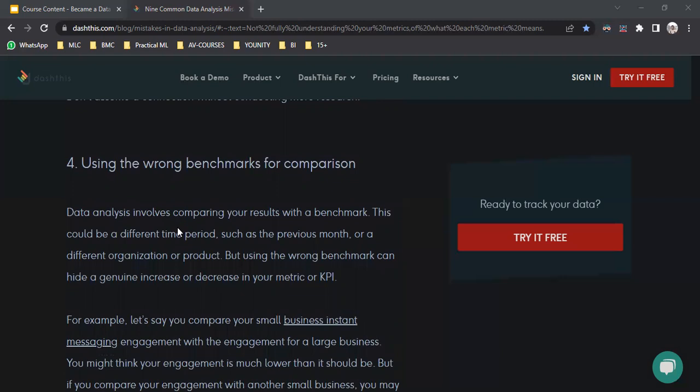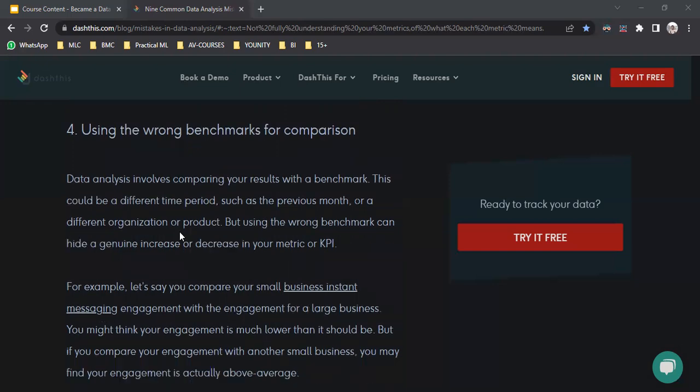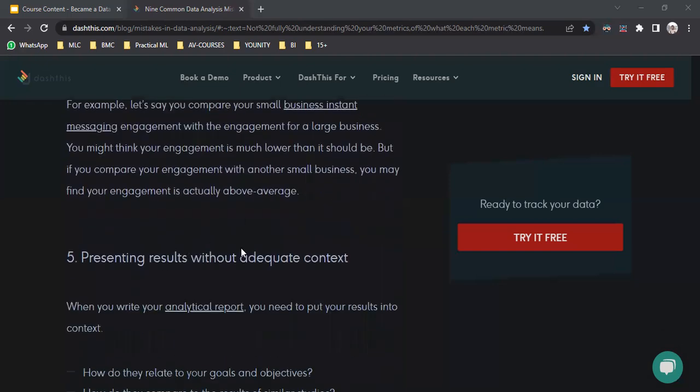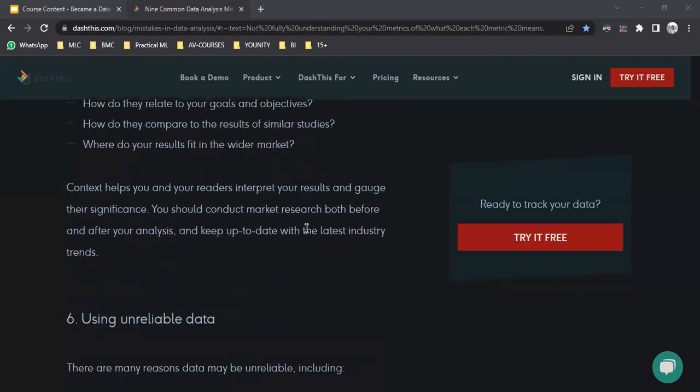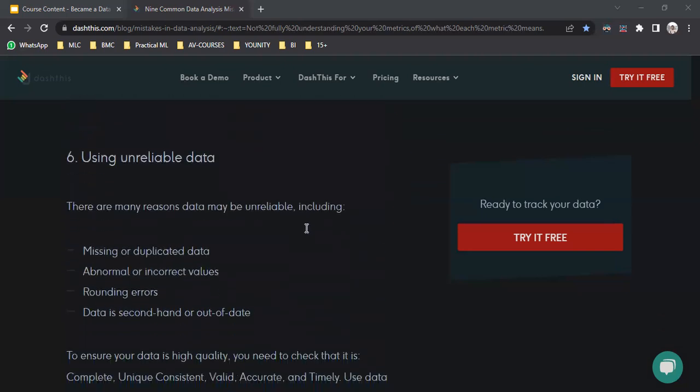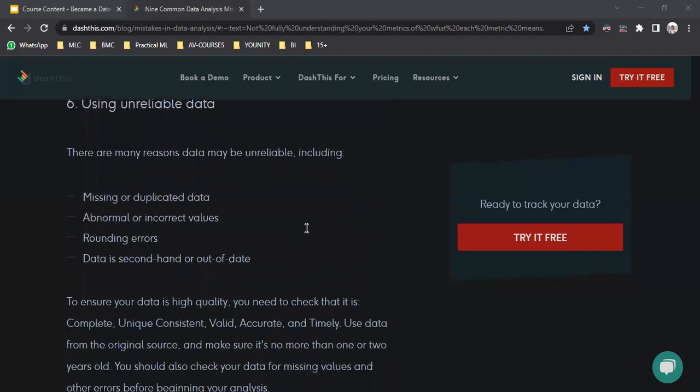Along with benchmark comparison, few people also make mistakes with the KPI metrics used to show increase or decrease. You need to present your skill set, maybe in PPT or PDF, so analytic reporting is very important in the context of data analytics. Otherwise it completely dumbs down the insights you derived from the raw data set.